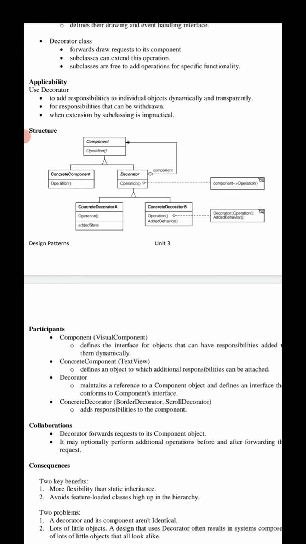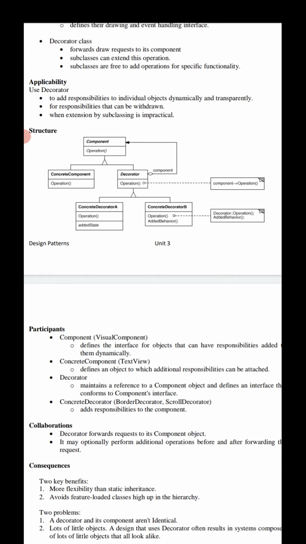Sometimes a large number of independent extensions are possible, and this would produce an explosion of subclasses to support every combination. Otherwise, a class definition may be hidden or simply unavailable for subclassing.